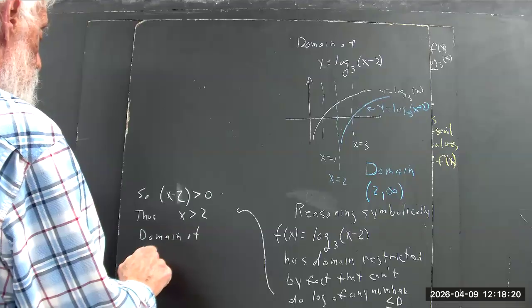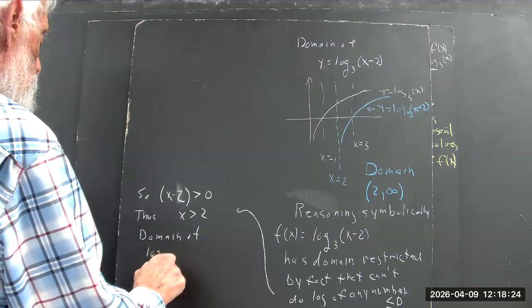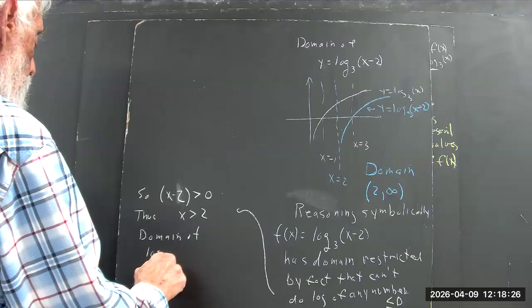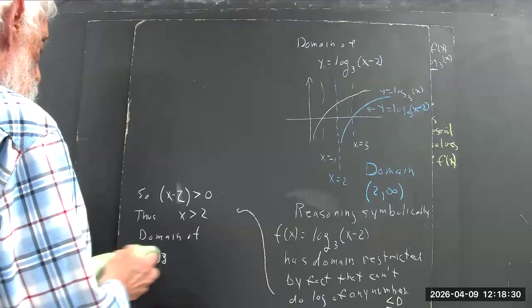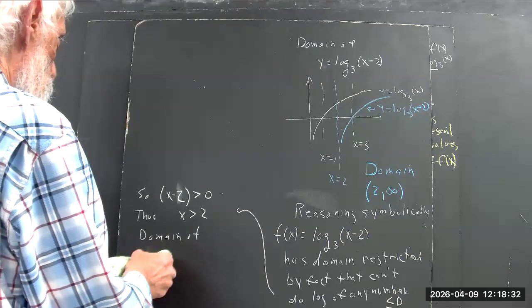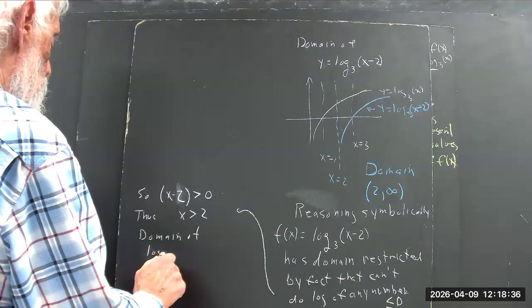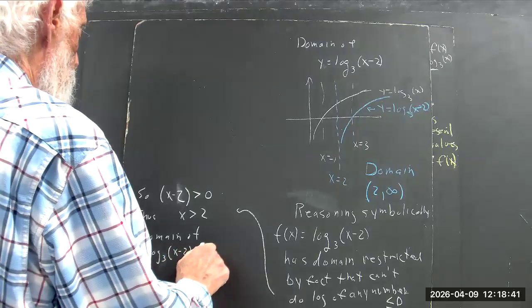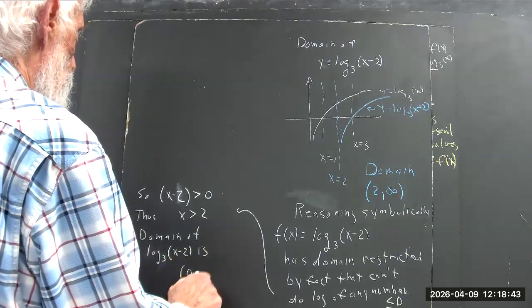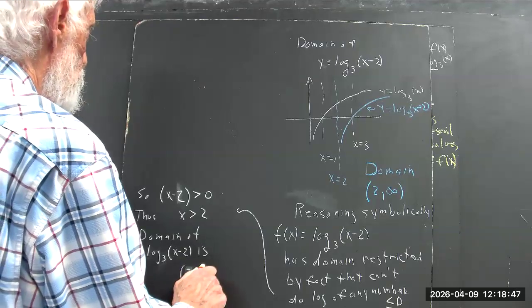So the domain of log base 3 of x minus 2 is the interval